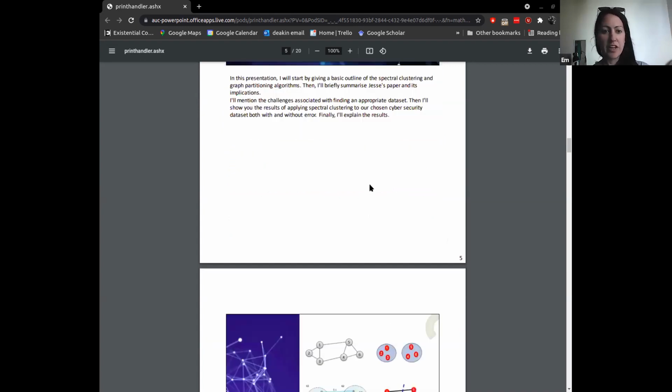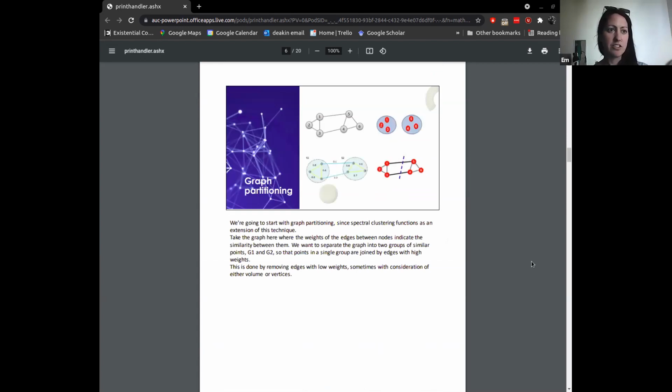So we're going to start with a little explanation of graph partitioning, since spectral clustering functions as an extension of this. So we've got this graph here, and the edges between the nodes are weighted and actually denote the similarity between the nodes. So if we want to separate the graph into two groups, which I'll bring up the next picture here, so the two groups, on the left G1, on the right G2, of similar points,